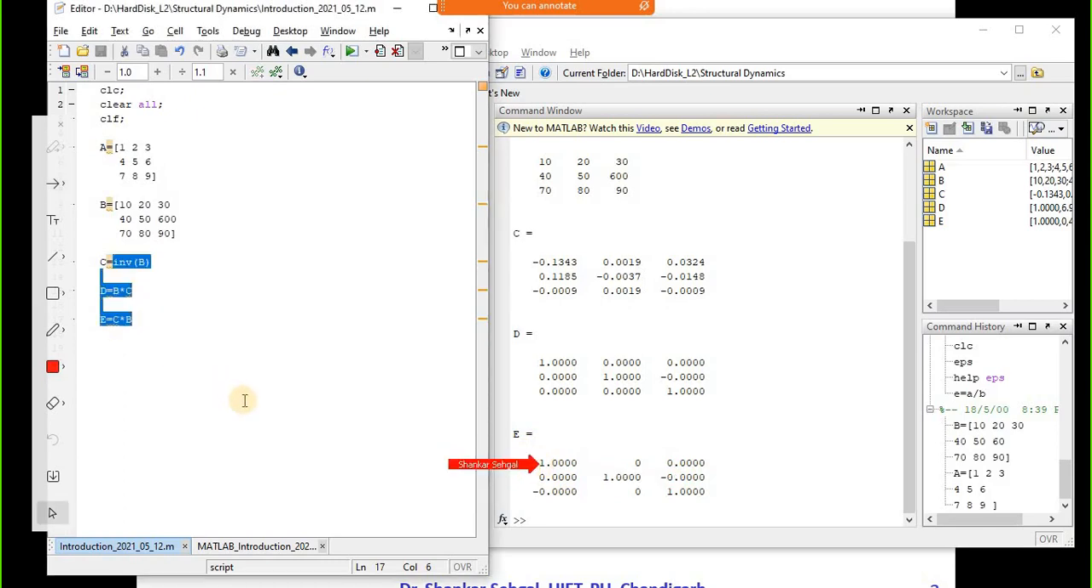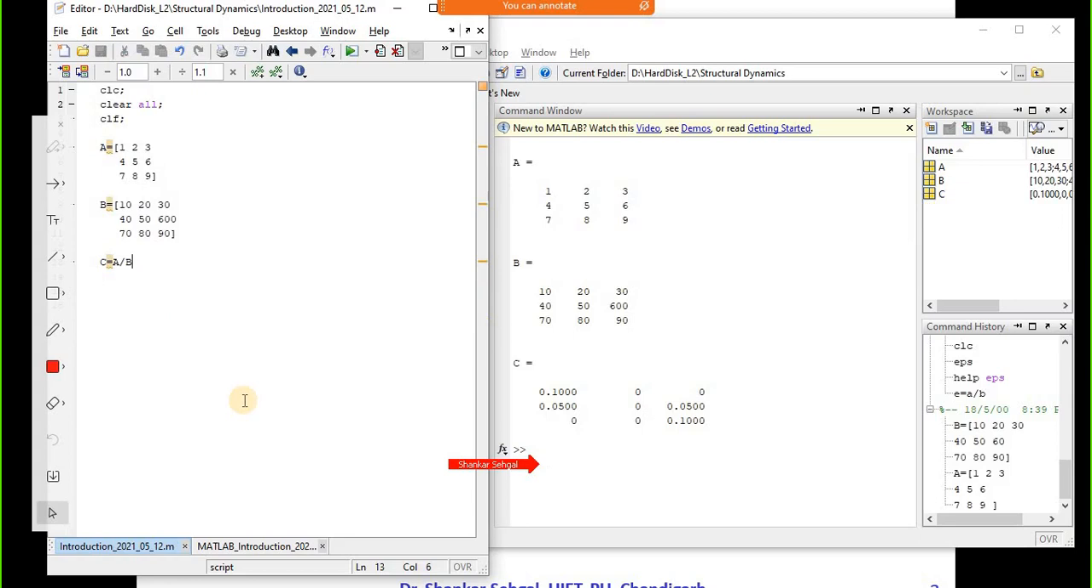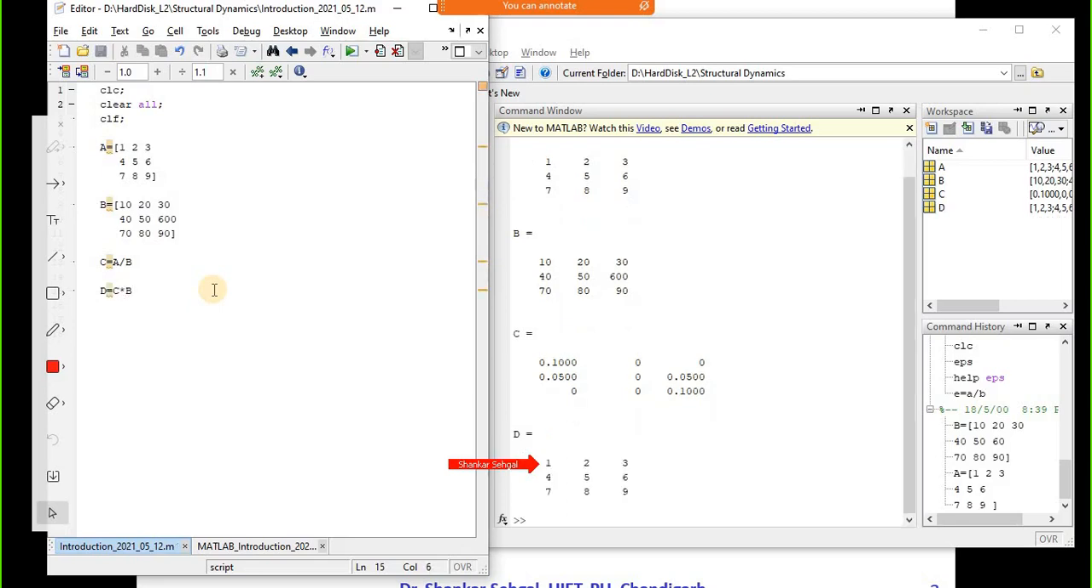Suppose I want to divide one matrix by the other, right? So I write A divided by B. Let us see the effect. So this is A divided by B, right? And if I write another matrix E equal to C into B, now press F5. So what should it be? That should be actually same as A,